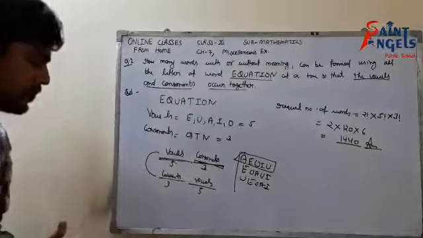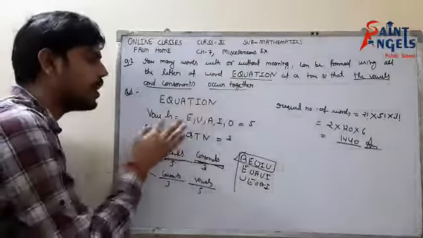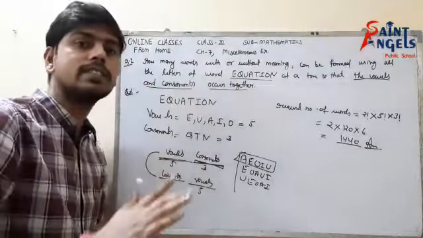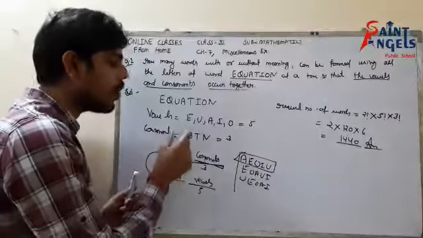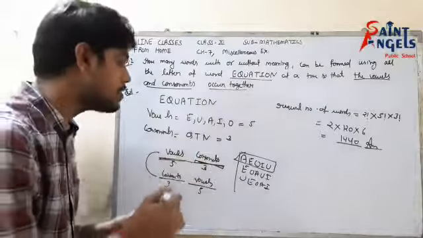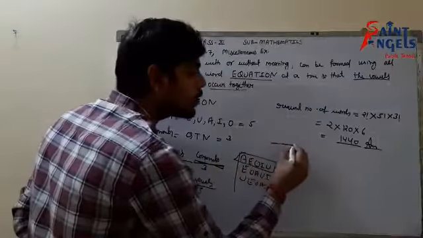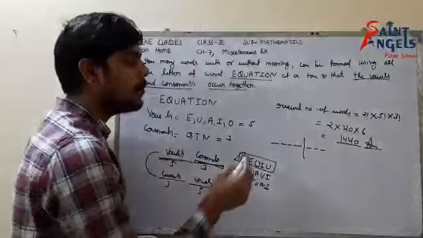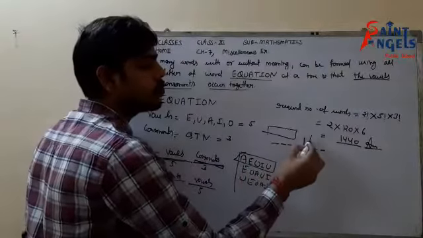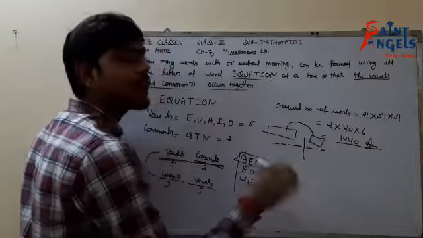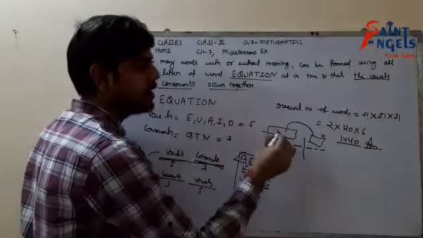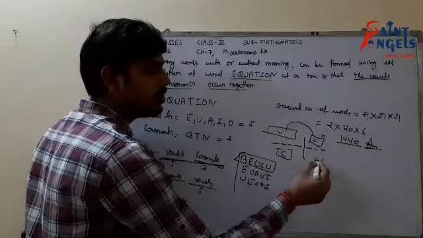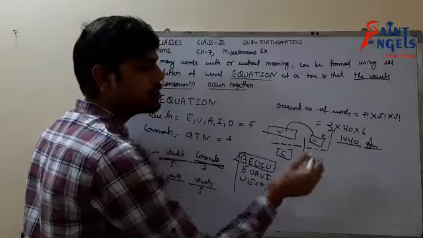I am repeating again. We have the word equation where we have 5 vowels and 3 consonants. We have to make a word in such a manner that all the vowels and all the consonants occur together. It means all 5 vowels are together and all 3 consonants are together. So I have two groups, a group of vowels and a group of consonants. These two groups can be arranged in two different ways: here vowels, here consonants, or here consonants, here vowels.